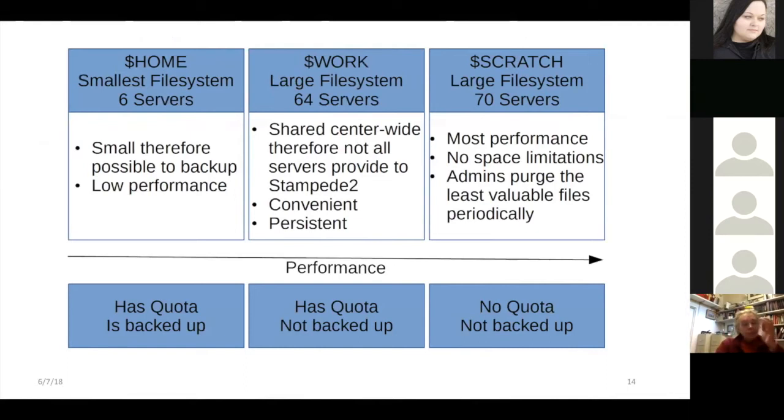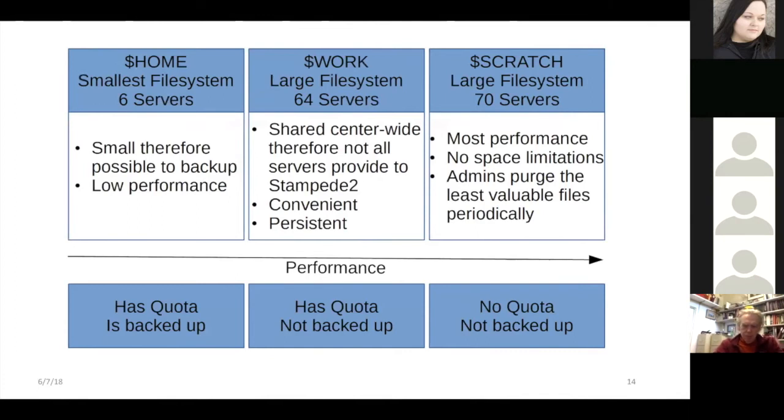There aren't any space limitations. You can place as many files or as much data as you would like in Scratch, but it is susceptible to being purged. Purge is not something that we run on any scheduled or regular basis. It's entirely dependent on the state of the file system.